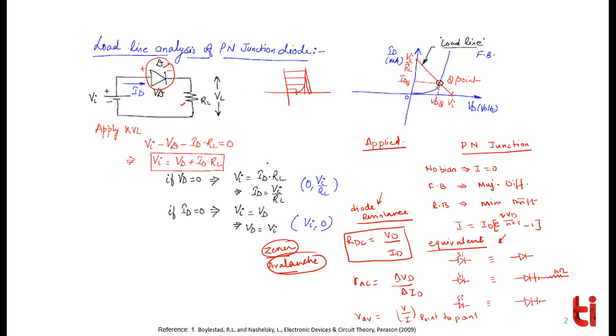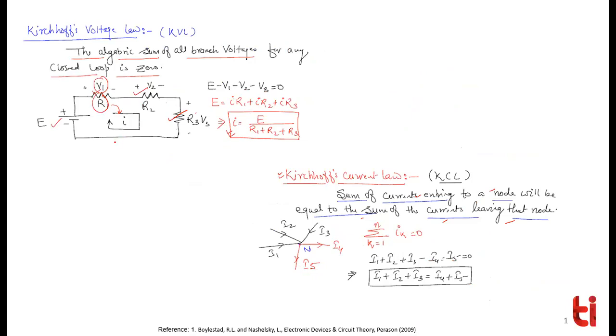The other case is that characteristics are not given to you. You have to solve this circuit using some model. So now you can apply either the ideal model, simplified model, or piecewise linear model. Whatever model you apply, you can simply solve it. There will be no problem because this diode will be replaced by an ideal diode plus a battery. So this will simply be a KVL. You have one battery here, one battery will be here, and one battery is over here with the resistance. So this question will be similar to this. It will become exactly such a question.